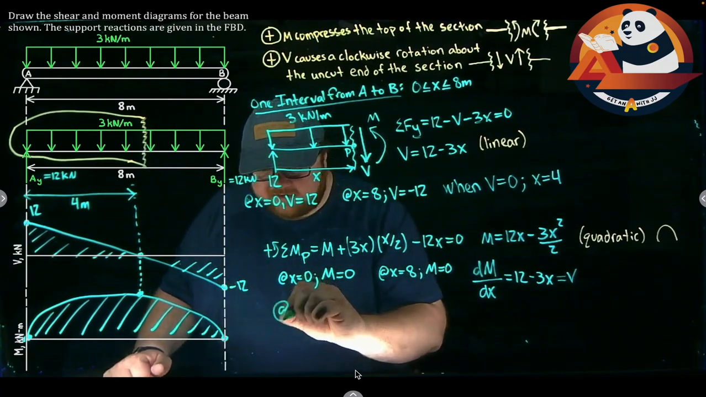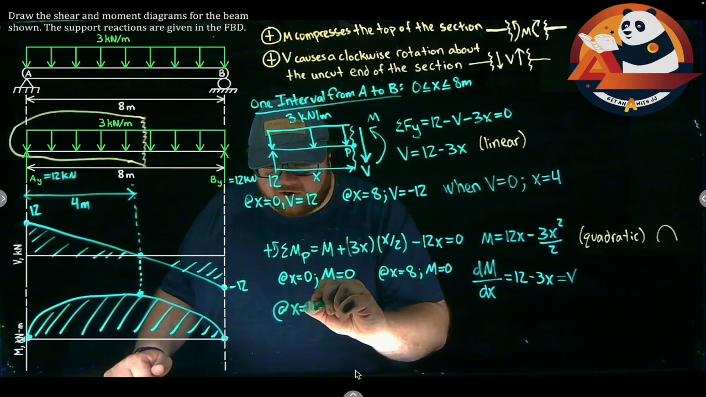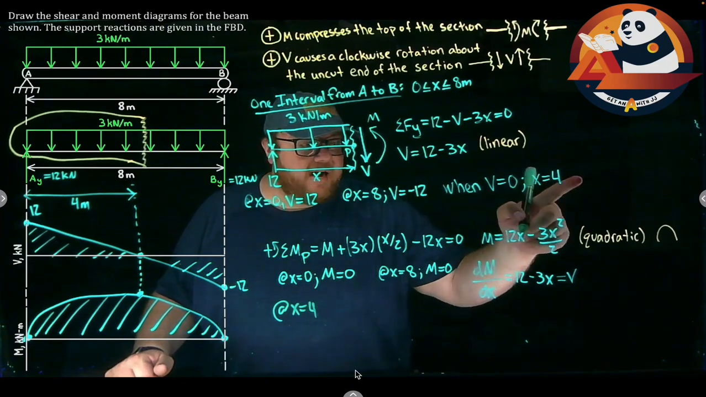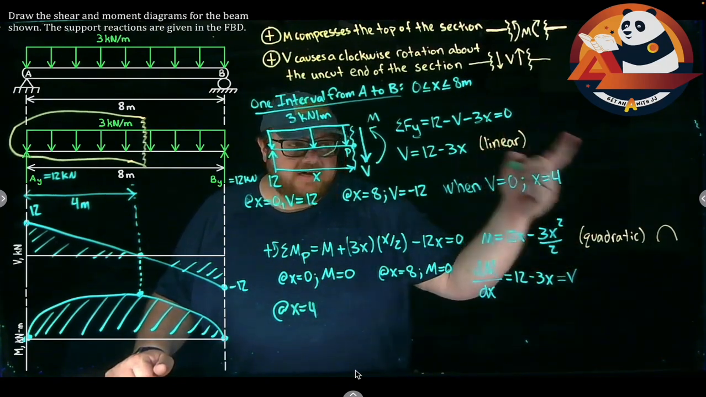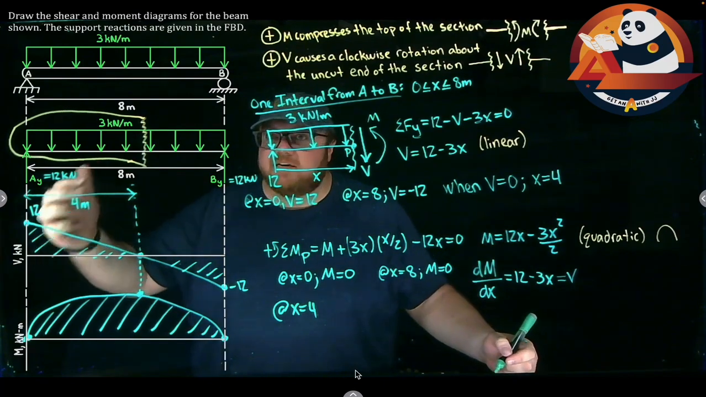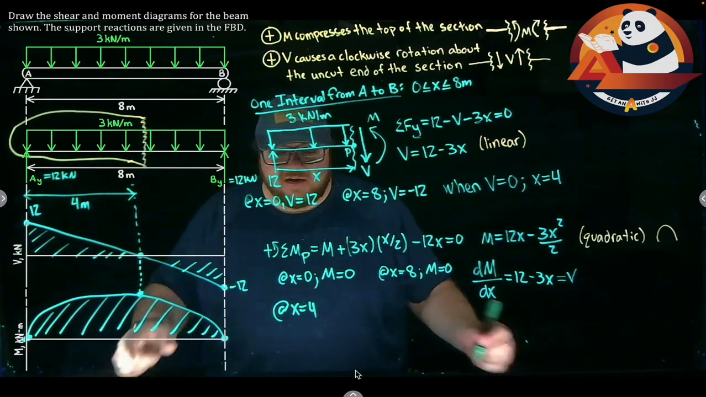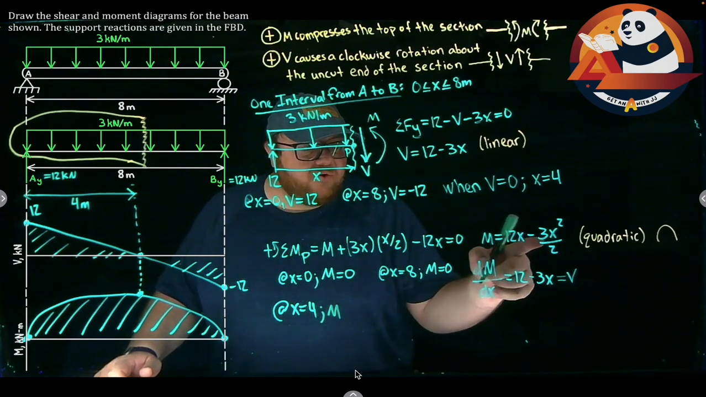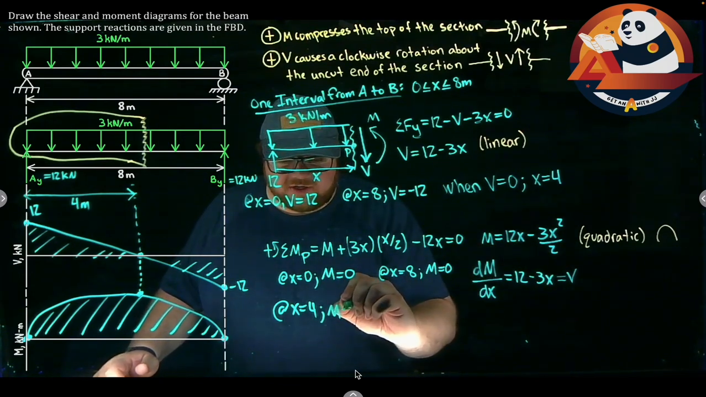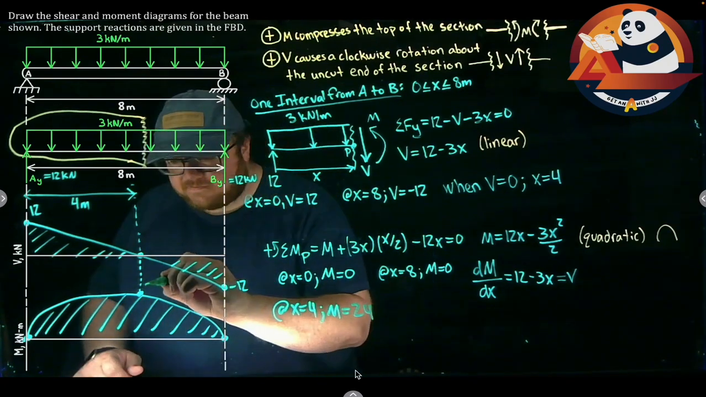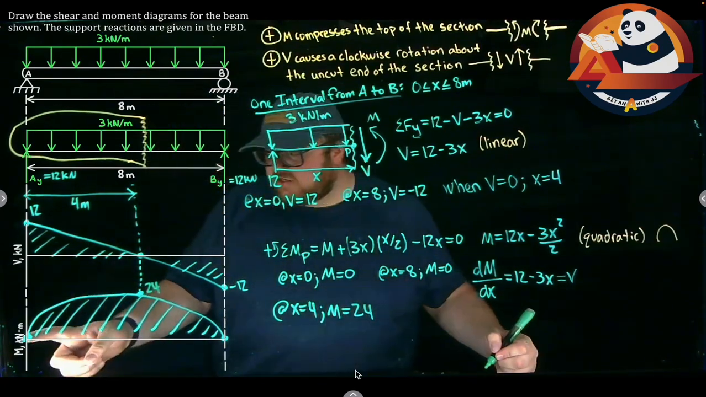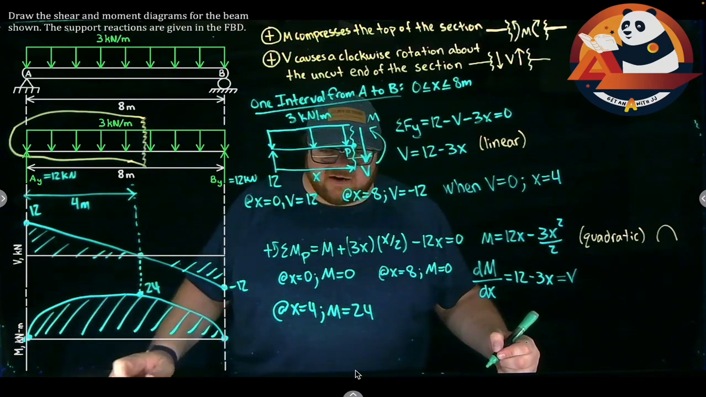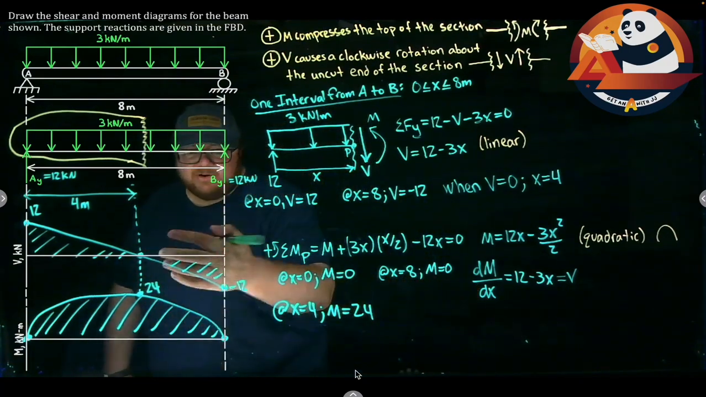So at x equals 4. We know that should give me my max point because the derivative of moment is 0 there. Where the derivative is 0, our function is at a max or a min. So at x equals 4, putting that in, 12 times 4 minus 3 times 4 squared over 2. My moment comes out to be 24. So I'm going to increase up to 24 kilonewton meters and then come back down to 0 to finish out